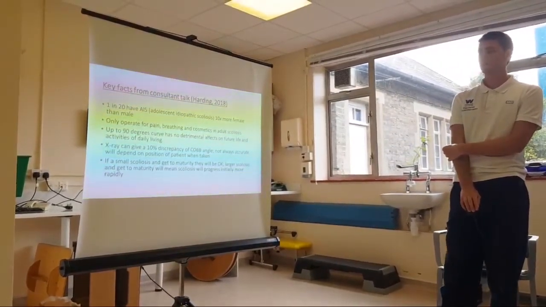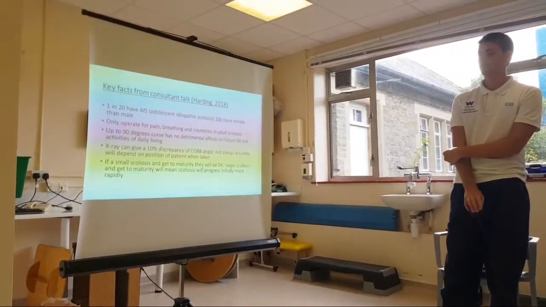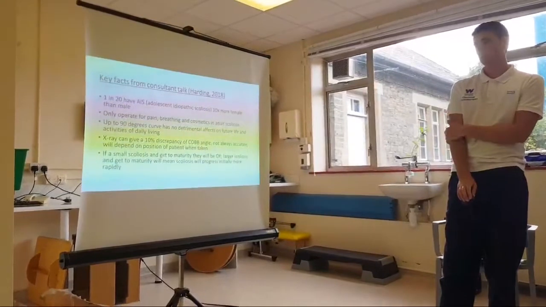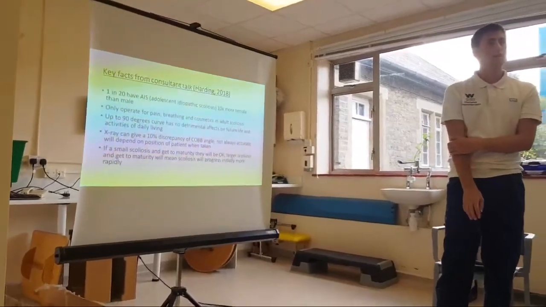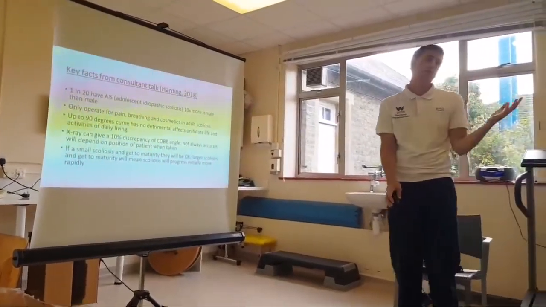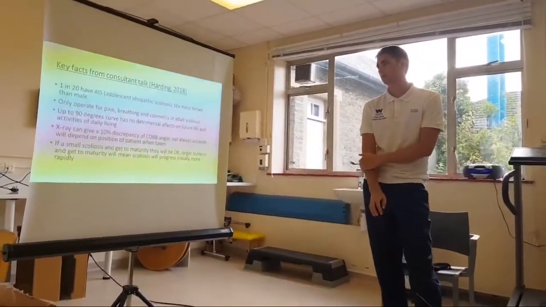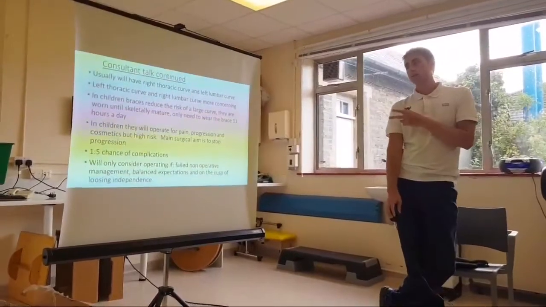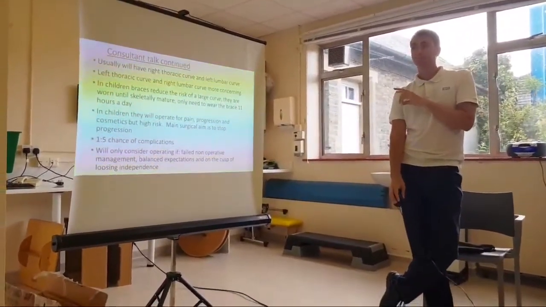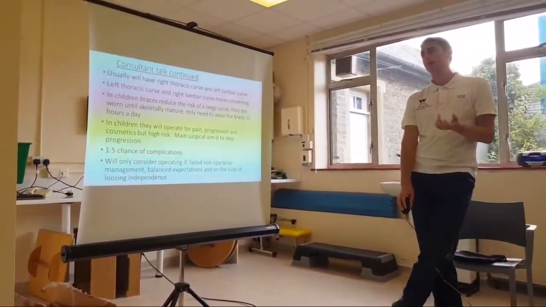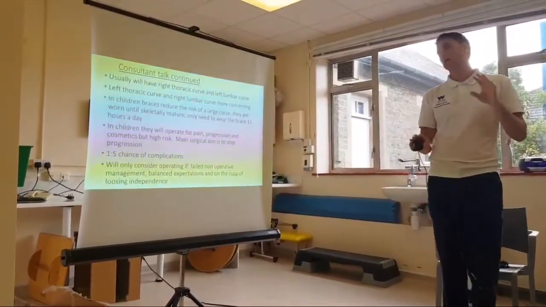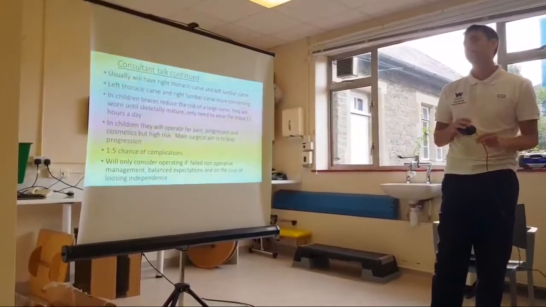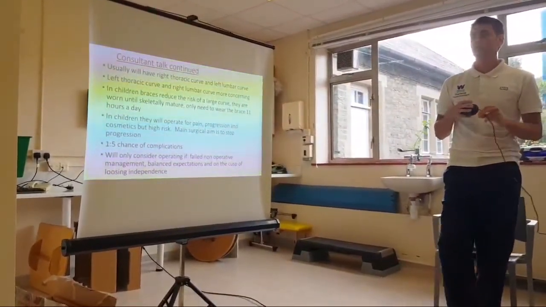If they have a larger scoliosis and get to maturity, it means the scoliosis will progress, initially more rapidly. So that comes back to Joe's point that if you've got a larger one, then you need to be monitored more frequently. Usually you'll have a right thoracic curve and a left lumbar curve. If there's a left thoracic curve and a right lumbar curve, then it's different to the norm, so slightly more concerning possibly. In children,